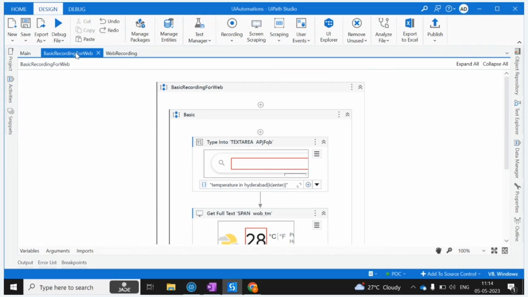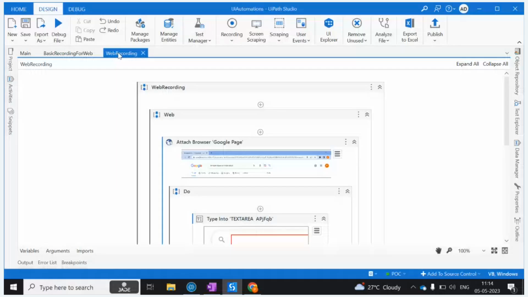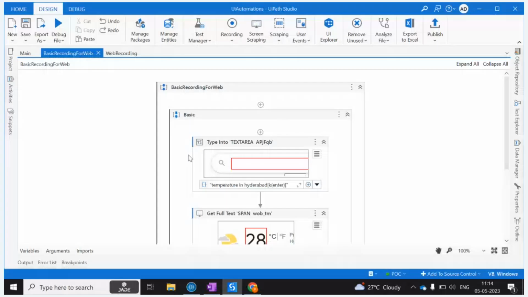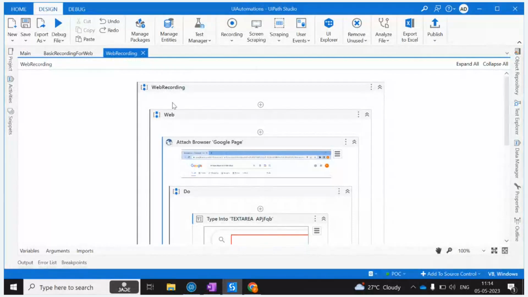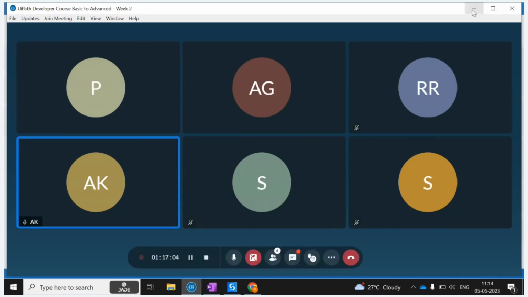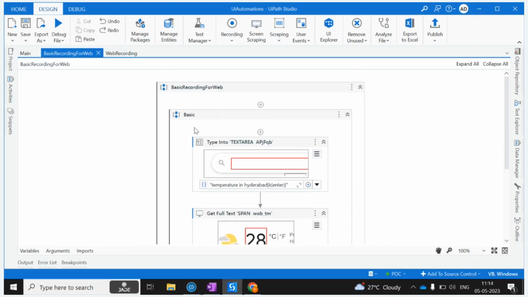So basically, we are attaching the browser in the web recording. We are not doing it, it is automatically attaching the attached browser, and in the basic recording, you are not having anything, right? Correct? Hello, guys? Guys, you're there? Yes, Parth. Yeah. So here, if you see, this attached browser activity is coming, and here you're not getting anything,